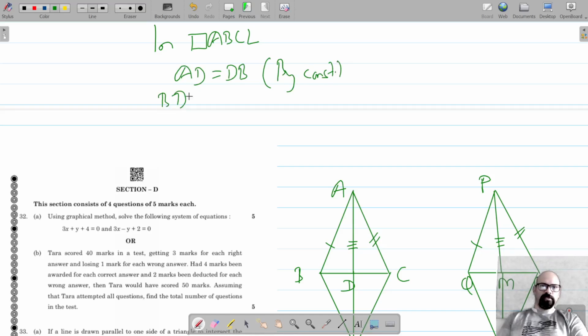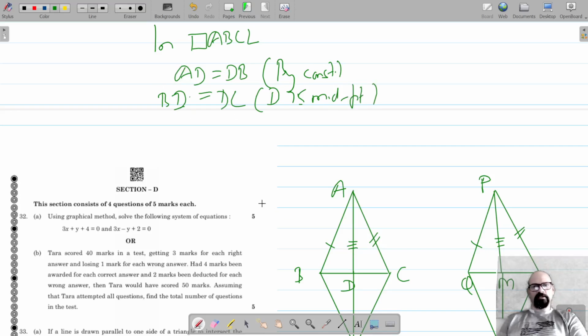BD is equal to DC, reason being that AD is a median and D is the midpoint. So these are actually the diagonals that are bisecting each other. If diagonals bisect each other in this quadrilateral, that means